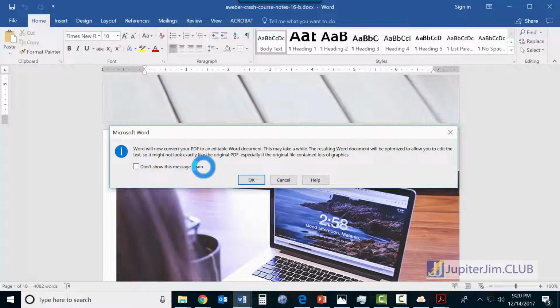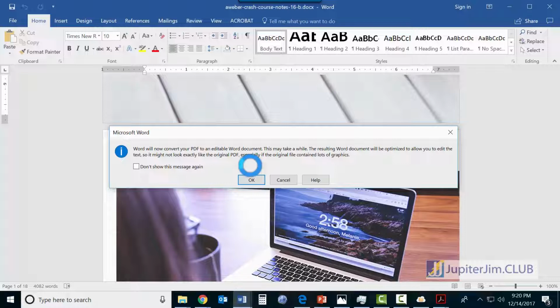That's up to you. But like I said, it's free, so you're going to be saving a lot of money by doing it this way. Now, I think we're going to have to wait. I did practice this before the webinar, so we might wait a minute or so until this thing stops spinning, and then I'm going to click OK, and then we'll wait about another minute, and then it will take this PDF document